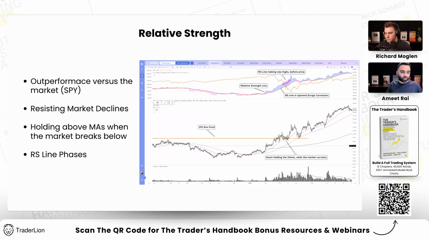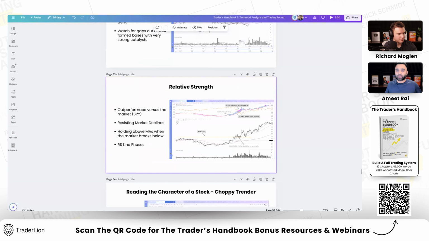So we'll get into ADR, ATR, how they play a role, and most importantly, relative strength phase and what that means in later webinars. But one of the biggest winning characteristics is you want to be in stocks that outperform the markets. The relative strength line and the relative strength phase put you in those stocks. And some recent examples, if you pull up Tesla, for example, it got out of a relative strength phase,